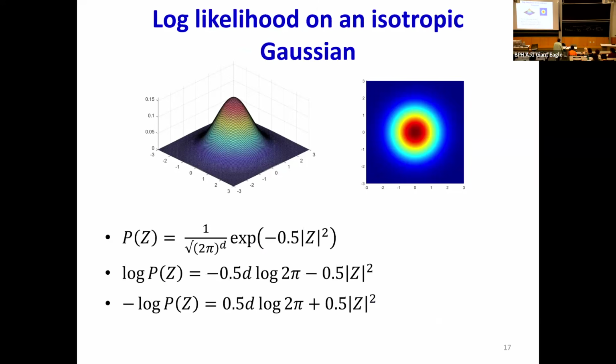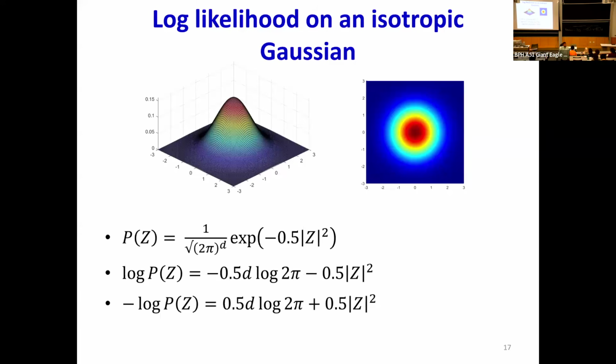The formula for the probability is 1 over the square root of 2 pi raised to d, where d is the dimensionality of the variable. And this is the nice bit: e raised to minus 0.5 times the norm of z squared. So what this really means is that the logarithm of the Gaussian falls off as a quadratic. The Gaussian basically follows the exponent of a quadratic. And now we know something about quadratics. What else do we know about quadratics? If you can dig back into your memory, we mentioned it. Anyone?